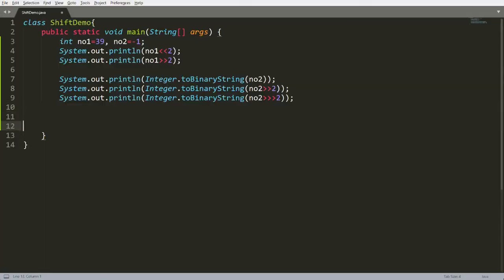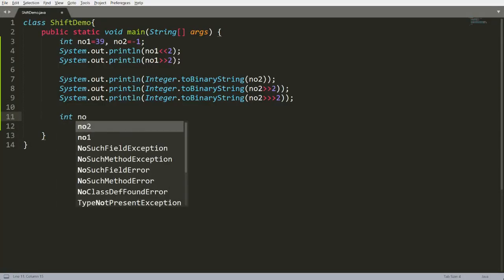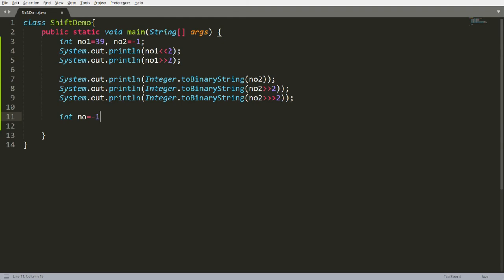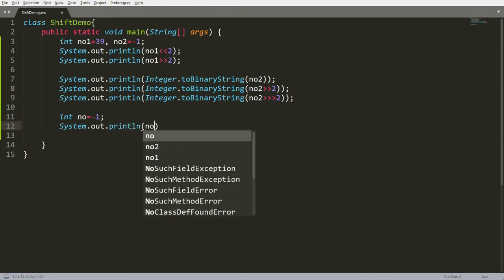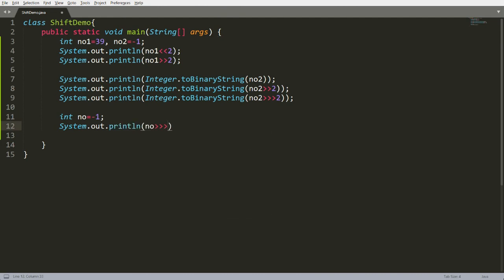So here you can just write integer number is equal to -1. Now I'm writing System.out.println, and I'm writing here number unsigned shift right 30 bits.